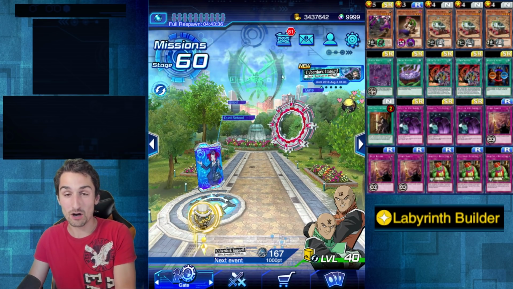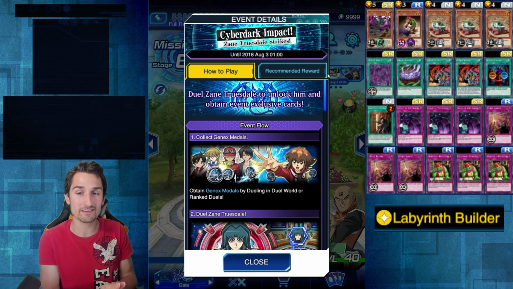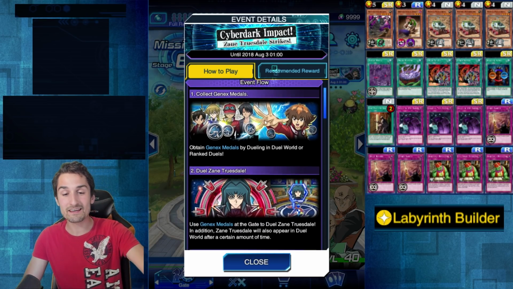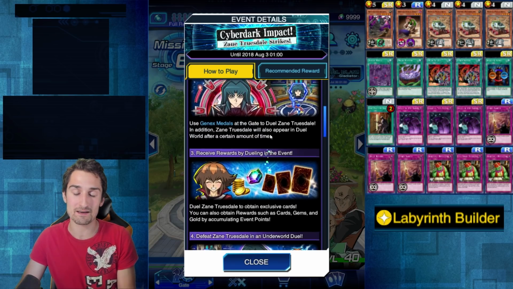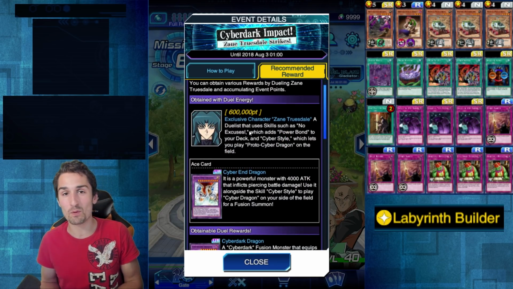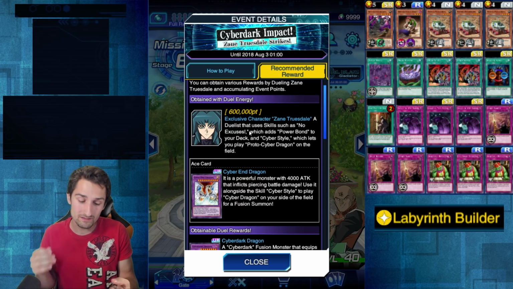We got Dark Zane, I suppose you would call him, but Zane Truesdale has made another appearance. I know we've seen him before in Duel Links, but this time we can actually obtain him. That's what I've gathered from the event so far. 600,000 points, we actually get to unlock Zane Truesdale, which is great always because you get the level